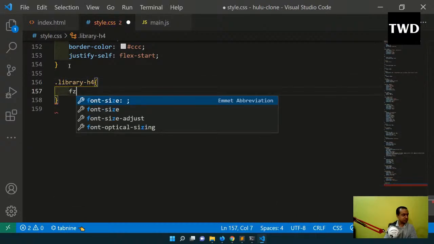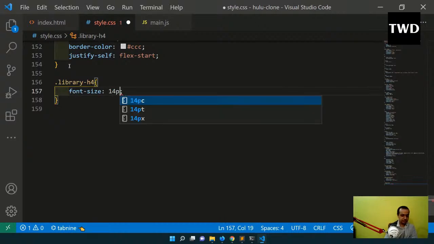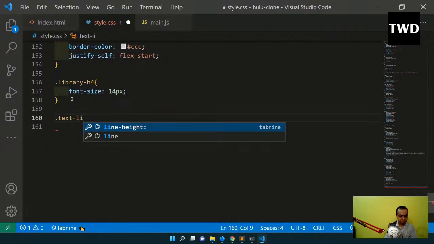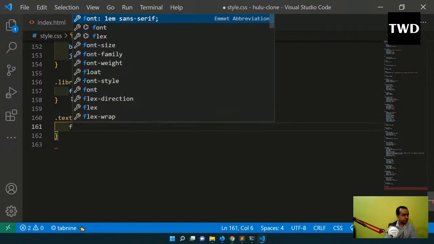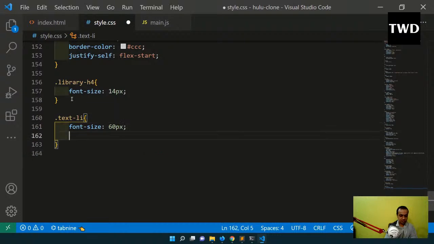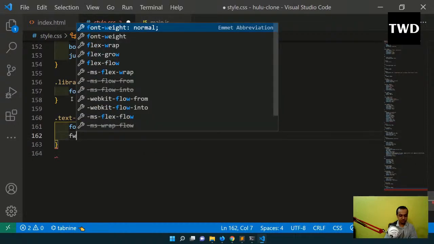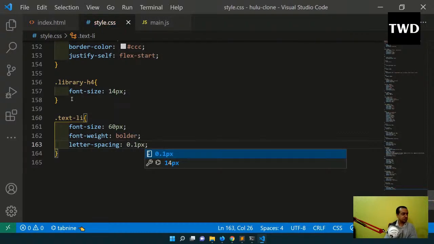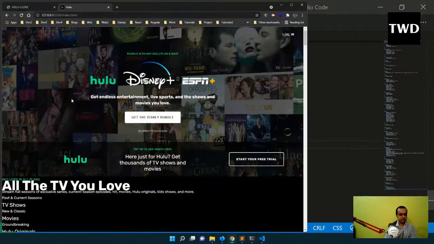Font size is 14px, and .text li is font size 60px, font weight is bolder, and letter spacing is not normal, it is 0.1px. Letter spacing is like this, and then